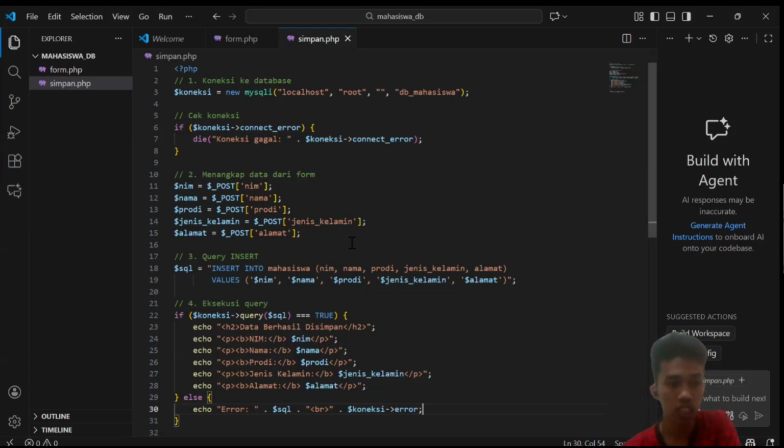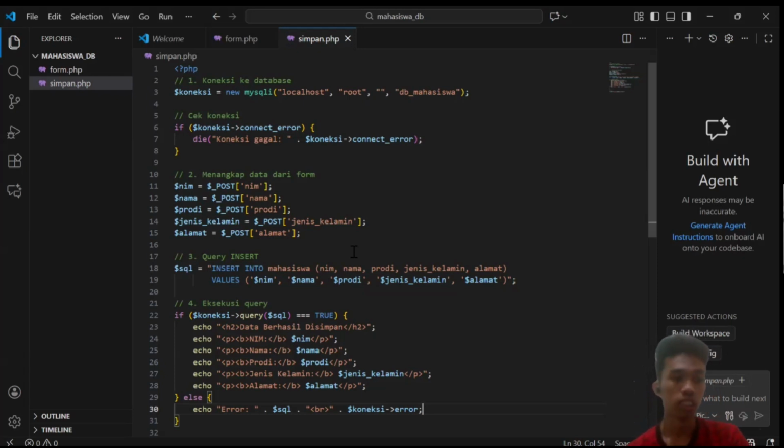Each piece of data, such as post nama, post prodi, post jenis kelamin, and post alamat, is stored into local variables with the same name to make them easier to work with.